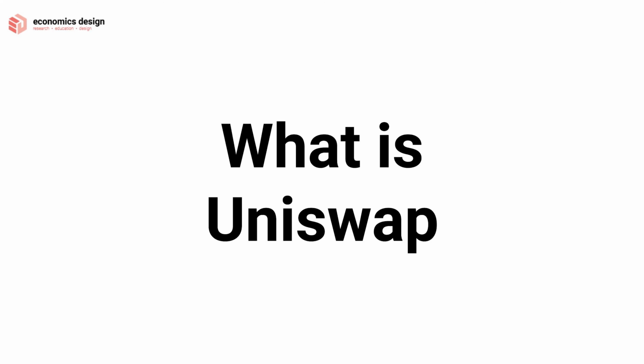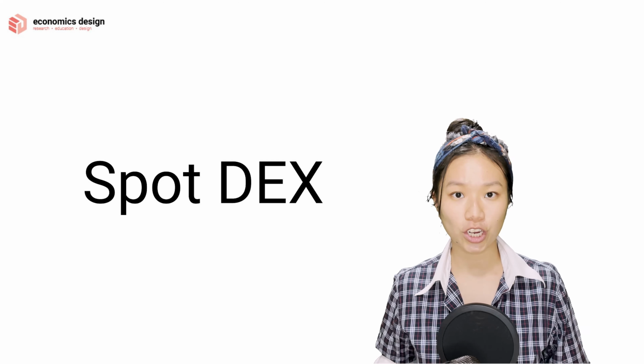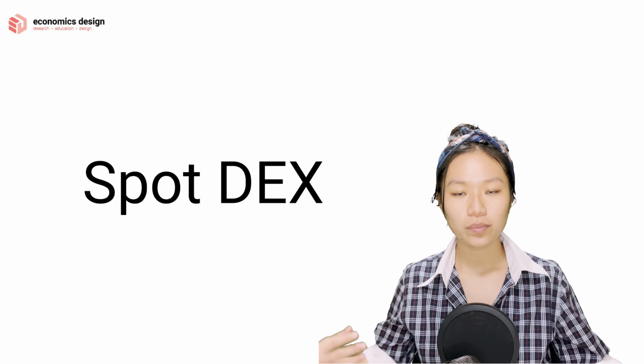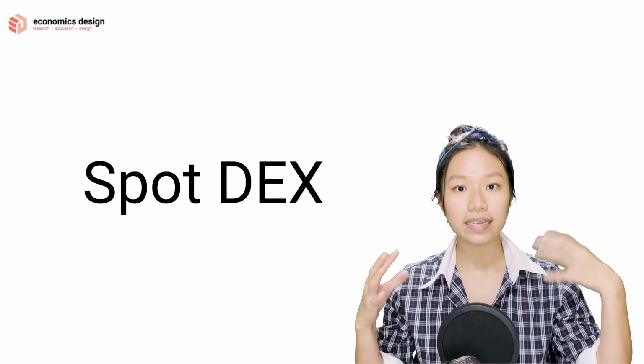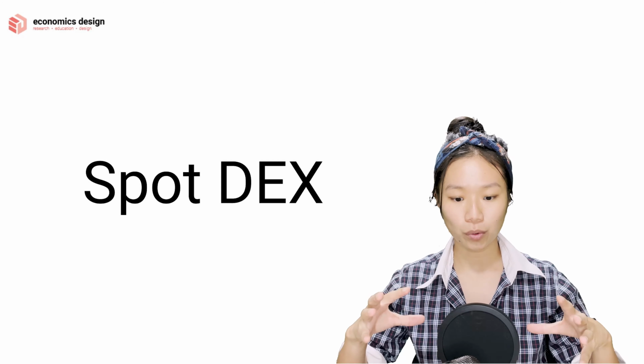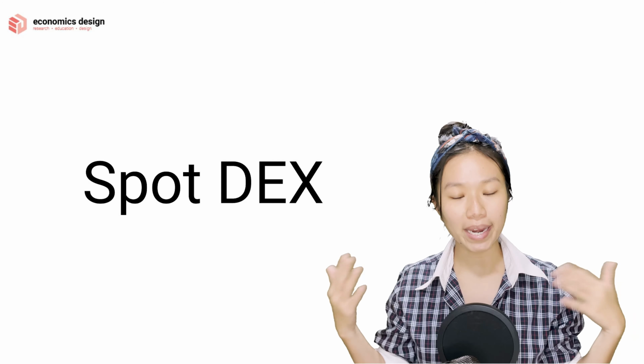So, what is Uniswap? We talked about Uniswap before, and we talked about how it is a decentralized exchange, focusing on spot rates. In Uniswap version 1, it was trading all against ETH. So, if I want to create a pool, I'm always trading with the pool. Which is the main difference between